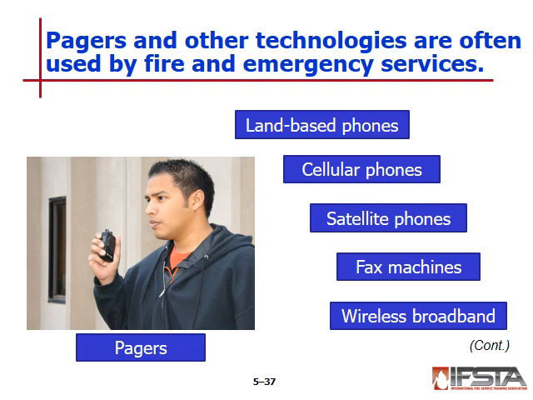So really, cell phones have come a long way in helping people get the calls and the information and the updates out. Satellite phones, fax machines, I think, are going the way of the Model T Ford. And then, of course, internet, wireless broadband, and pagers. Pagers are still out there a little bit with the volunteer departments. But again, I think those are starting to fade away with the advancements in cellular technology and apps.